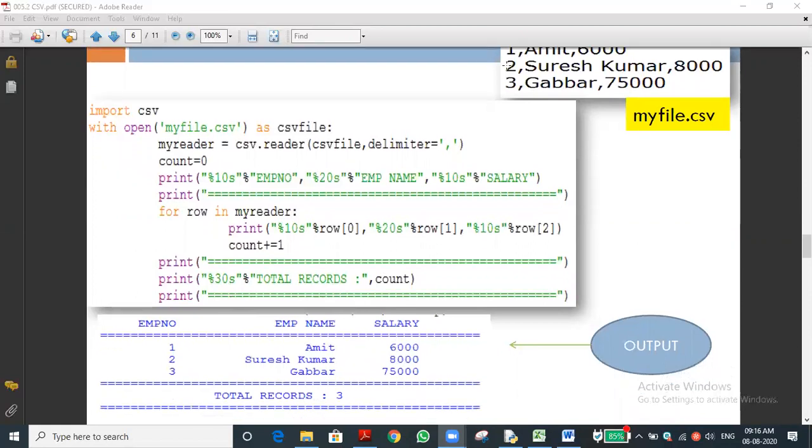Anybody having any doubt in this program? Do you have any doubt? If you have, please ask. No, sir. Rest of the students? Hassan, do you have any doubt? Kurbanandam, are these persons here? Yes, sir. What's your doubt?